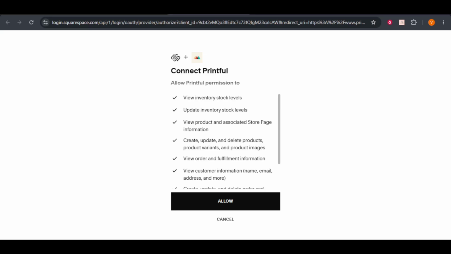This step is crucial as it allows the two platforms to communicate with each other, ensuring that your products, orders, and inventory are all synced up. Once connected, you'll be able to manage your Printful products directly from your Squarespace store. This integration will automate much of the tedious work, such as updating inventory and processing orders, saving you time and effort. You can now focus more on designing and marketing your products, knowing that the back-end logistics are taken care